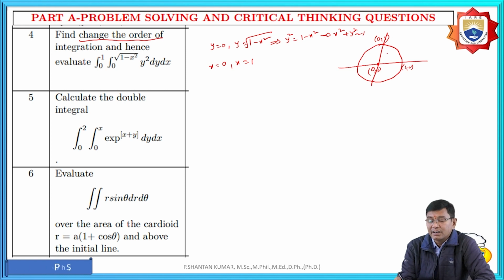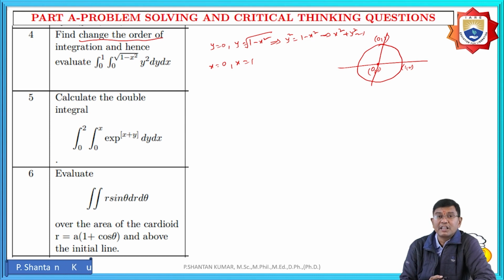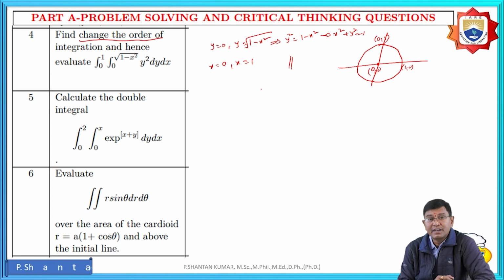That means it is covering the boundary region only in the first quadrant. Based upon the first quadrant, the given limits are y in terms of x, which is nothing but a vertical strip. Because y in terms of x means a vertical strip is given, but to change the order of integration, we need to take a strip